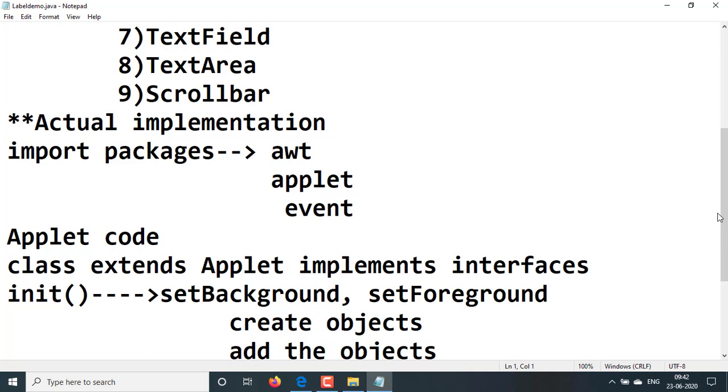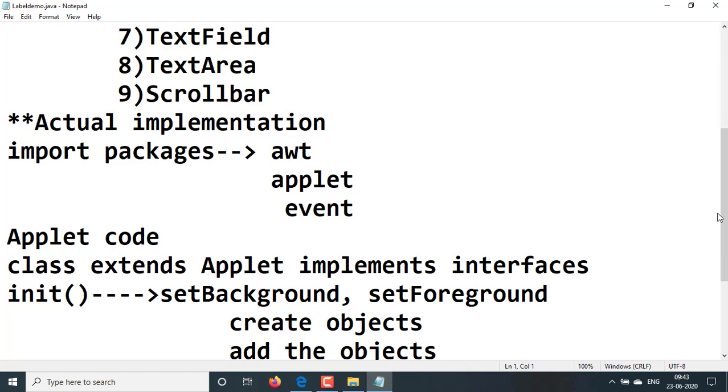In AWT, these controls are classified into two categories: active control and passive control. The control which generates some type of event is called an active control, and the control which doesn't generate an event is called a passive control.